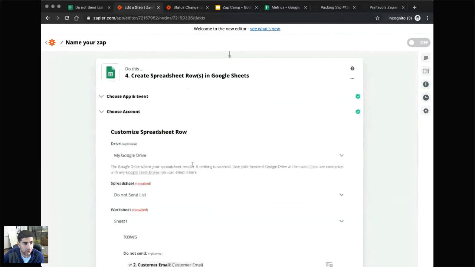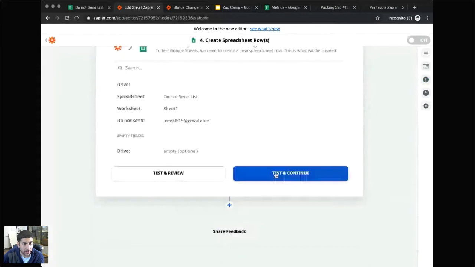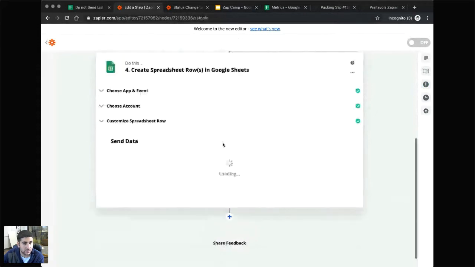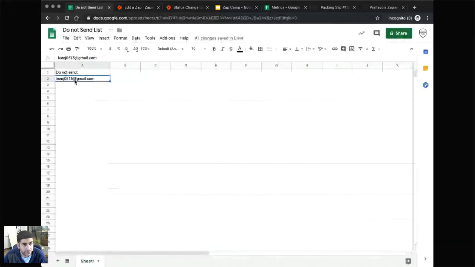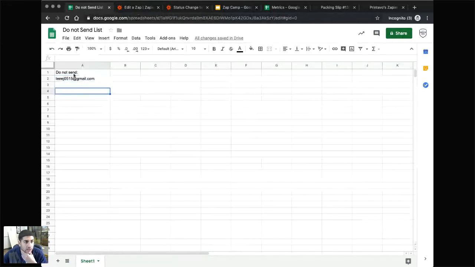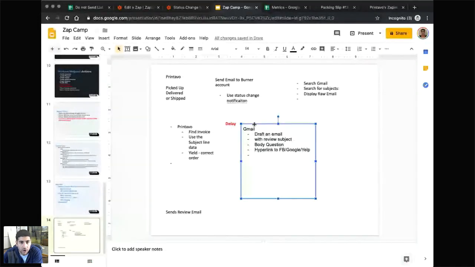I'm going to create the row. There's the sheet that we connected. I'm going to click continue, and then test and continue. And we're going to see if it worked. It inputted that customer's email right there. Okay. And so basically, every time it sends this out, it's going to chart who it sent it to. And so after we have put it in Gmail, we're then going to go into